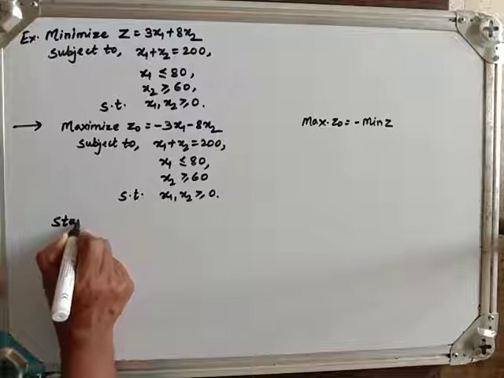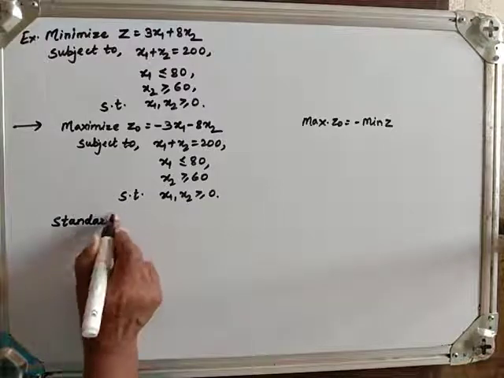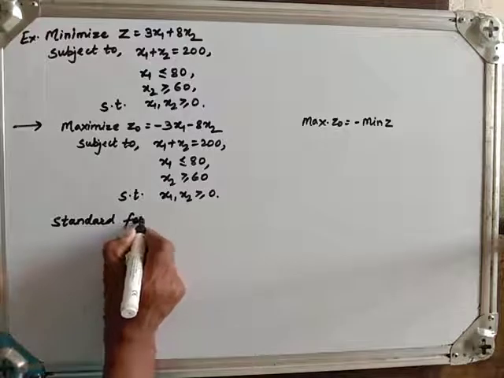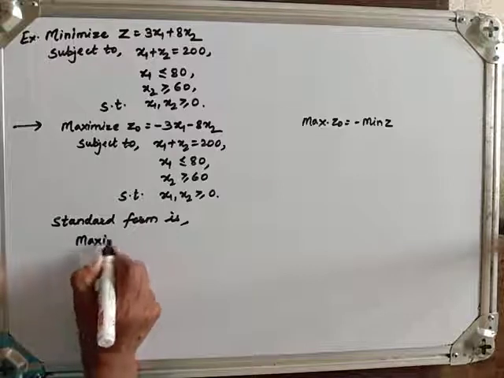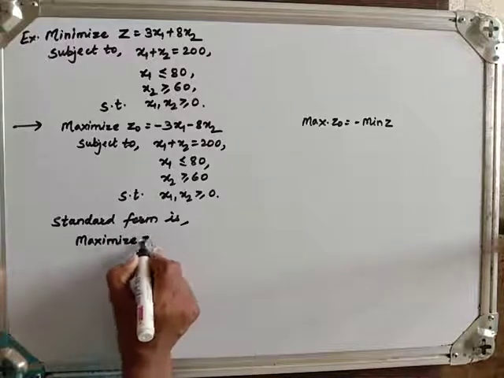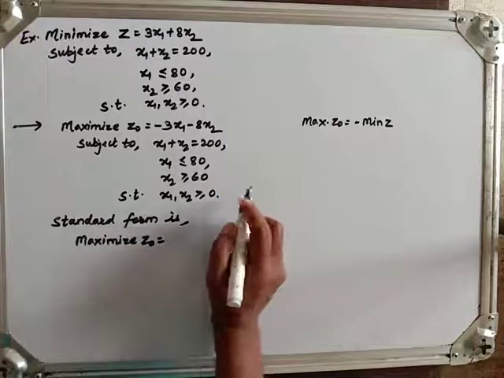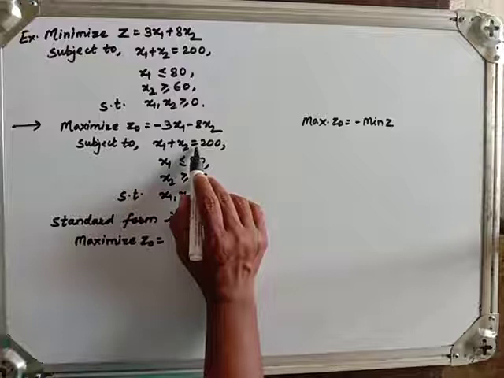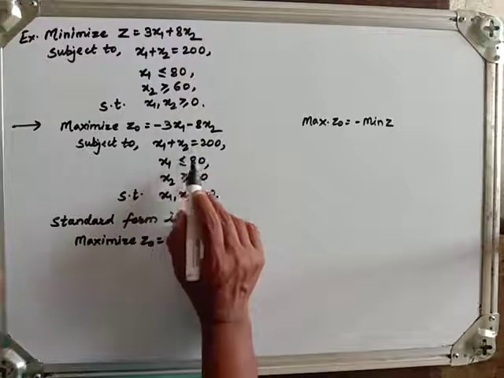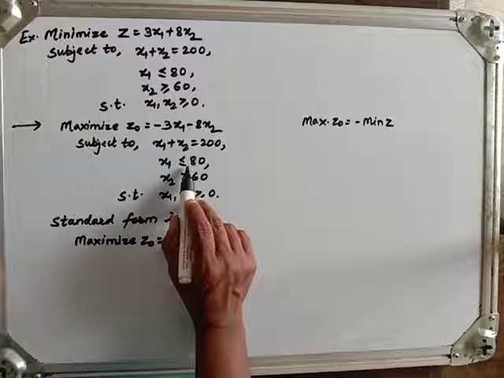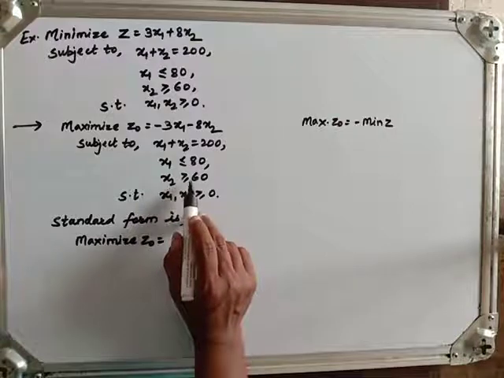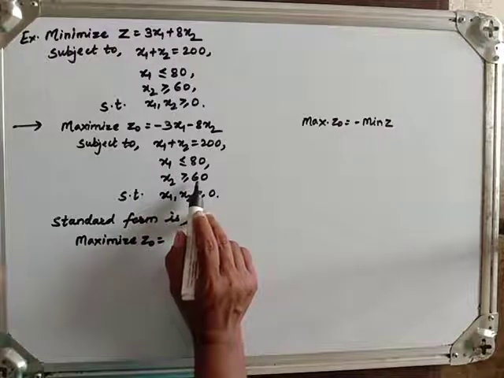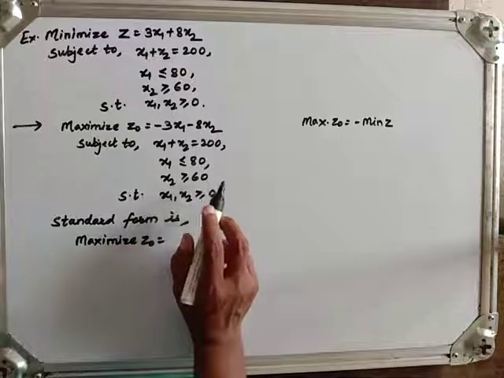Therefore, what will the standard form be? Maximize. Many problems we have solved already, so now you can directly write the standard form. Here one constraint is of equality, it needs an artificial variable. Here a less-equal type constraint needs a slack variable, and a greater-equal type constraint firstly needs a surplus variable and also one artificial variable. Then it gives an initial basic feasible solution, otherwise it won't give an initial basic feasible solution.